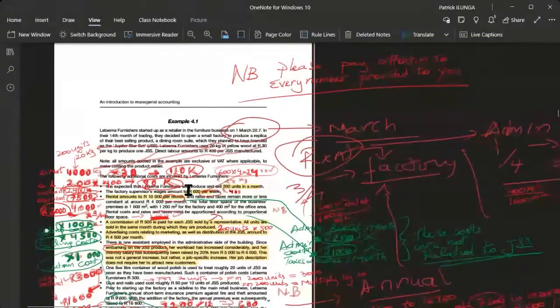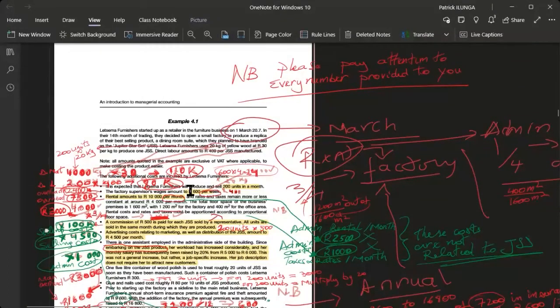So now we know that 20 kg multiplied by 30 rand per kg, the total is 600. Depending on how many we're going to be producing, I need to multiply by the number of units we produce. And what is the number of units? 200 units, right? So 200 units times 600 in total gives us